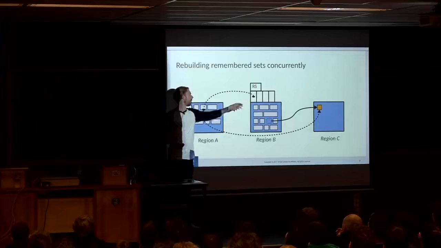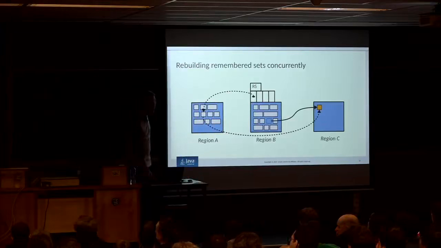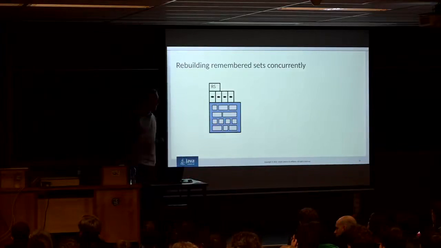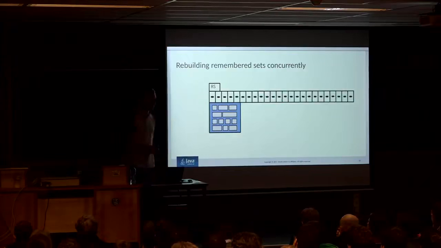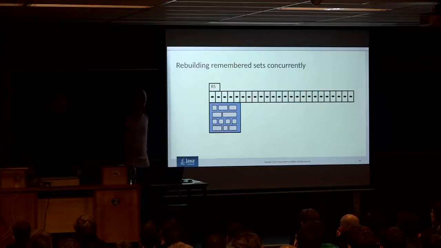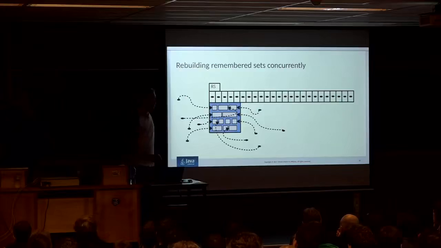So we talked a bit about this data structure, the remember set, that keeps track of incoming pointers to a region. Now, the problem with a remember set is that if you have a lot of incoming pointers to a region, the remember set will start to grow and grow and grow. And this will take up memory and increase the footprint of your process. And if you think about this some more, if there are a lot of incoming pointers to a region like this, the objects in this region seem to be very popular. There are pointers to them from